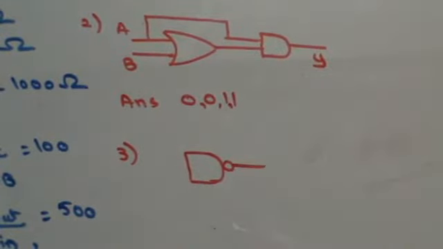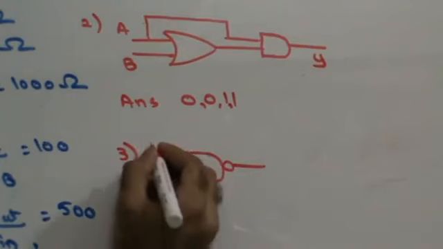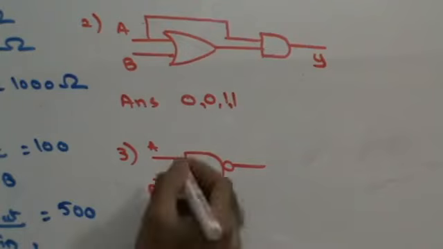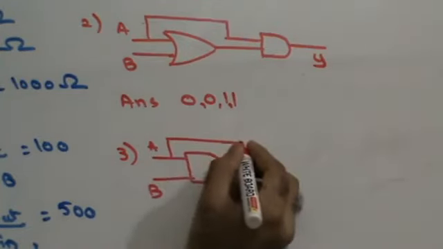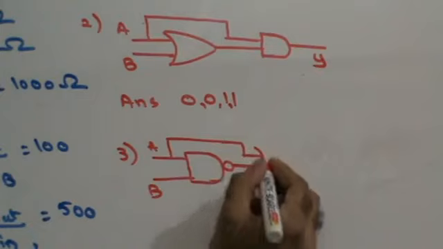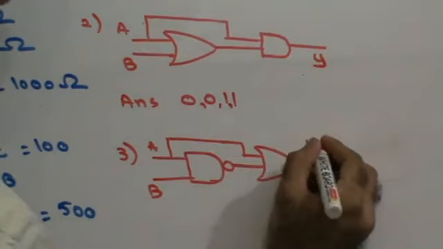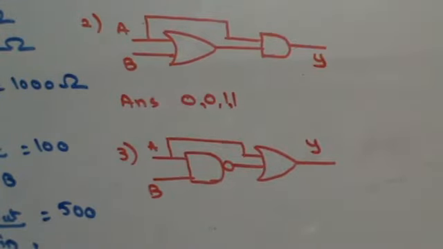NAND gate, two inputs A and B, and you have an OR gate. That's my output there. I don't have the output for this. I want you all to calculate on your own. Next,